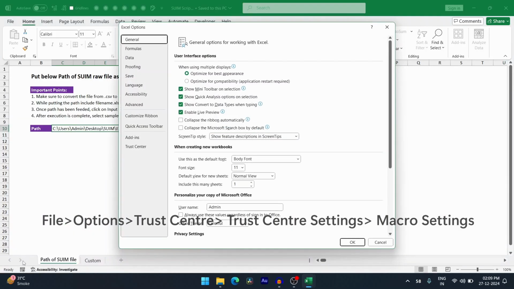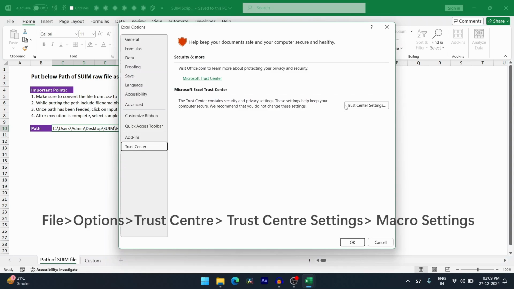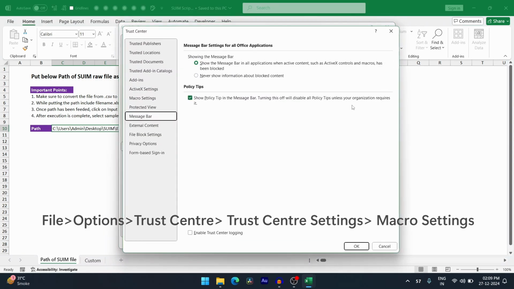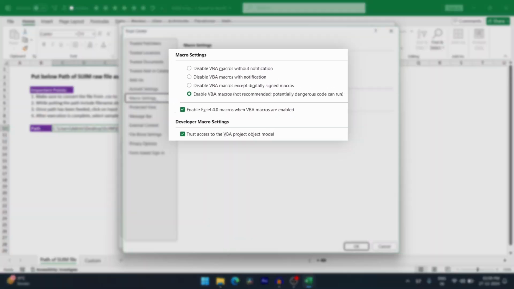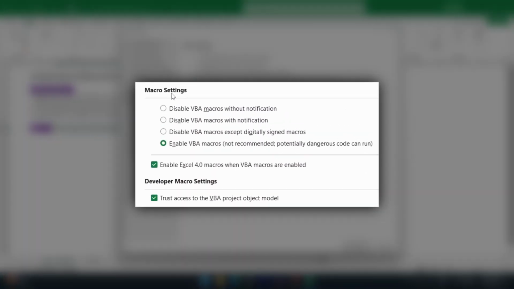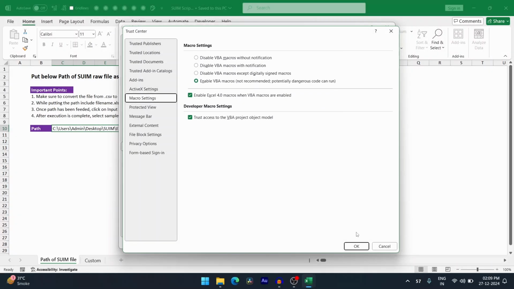Then go to the file, then go to the options, and here you can see the Trust Center. Click on that and then go to the Trust Center settings. Now here you need to go to the macro settings. There are three settings which you need to take into consideration. One is the macro settings: you need to enable all the VBA macros. You also need to put a check mark on these two settings in order to run this script well,